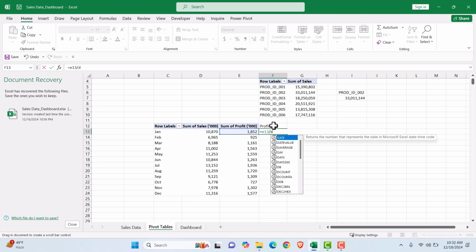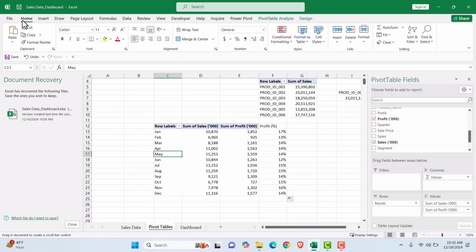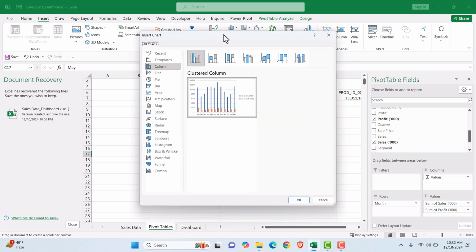E13 divided by D13. This will calculate the profit, but just let me convert it into percentage, and I will drag it all the way to the bottom of the table, and this way we will get the profit from here. And now what I'll have to do next, I'll click anywhere in this pivot table, and I'll go to this insert tab, and I'll click on the insert recommended charts, and I'll click on the stacked column chart, and